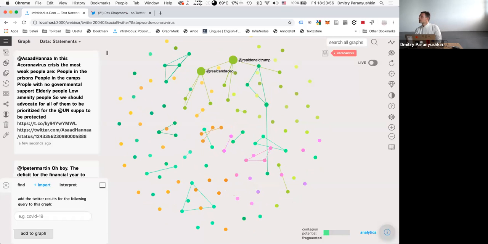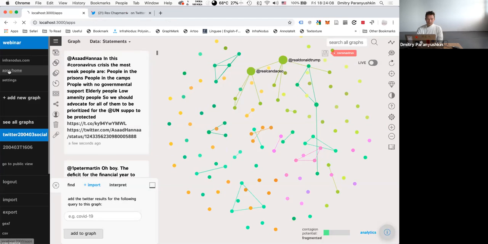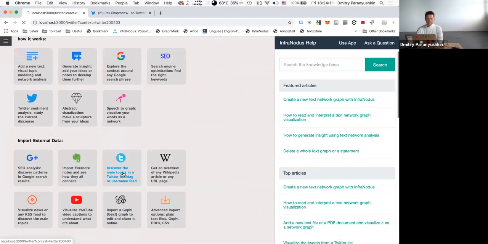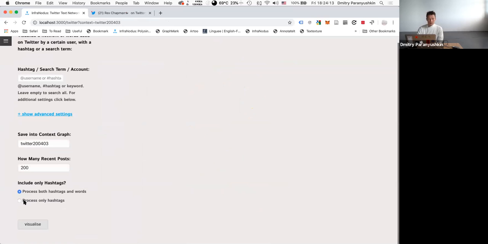Okay, more questions. Are we able to isolate the connections between only hashtags, just like you've shown us with emoticons? Yes, very good question, Sam. It's possible to do that. The way to do that is if you go to the advanced Twitter import, you have the section here, process only hashtags. By default, it selects both hashtags and words. If you click here, coronavirus,